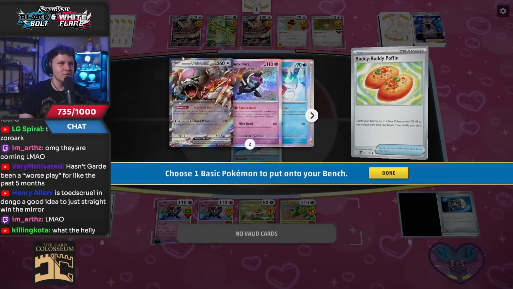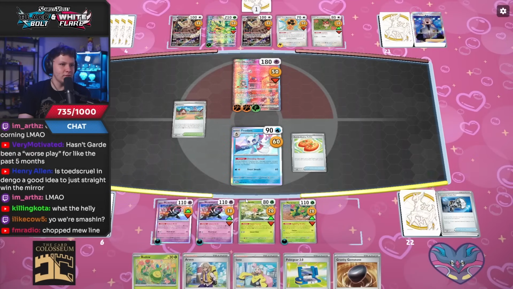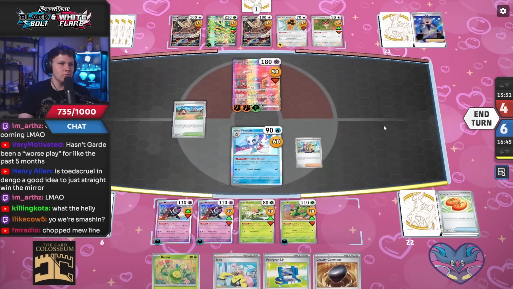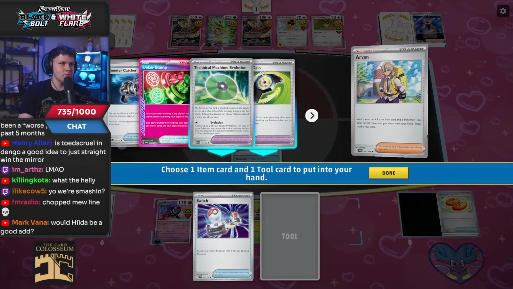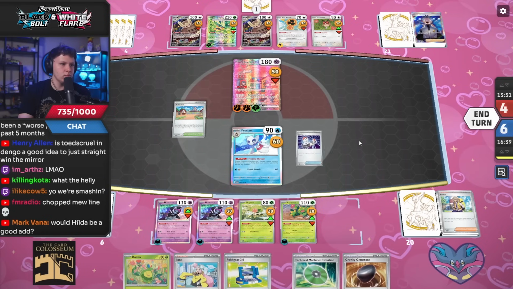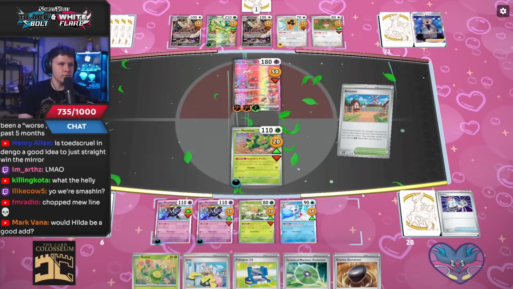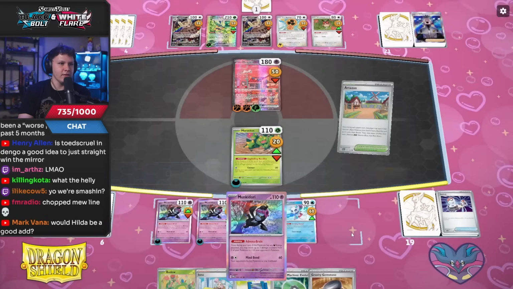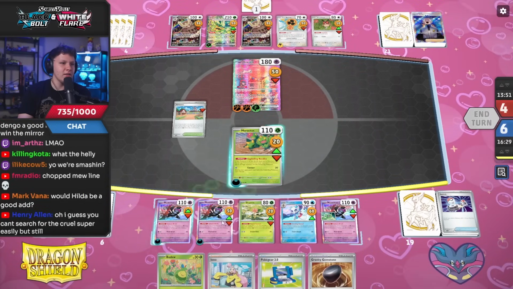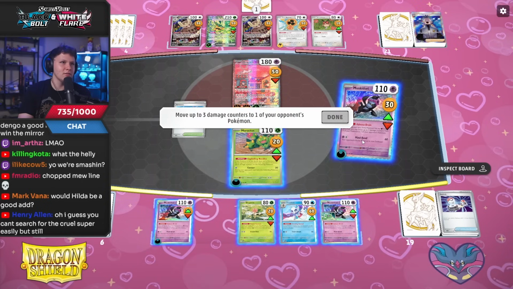Oh, let me take a look. Oh, I have a Switch. I can move it. I can move it. And now we just commit to another Munkidori, I think, for sure. I think it's fine to do. Actually, maybe I shouldn't have committed yet. It's just putting more damage in play on my side of the field. But I actually don't need to heal the Froslass here, so...